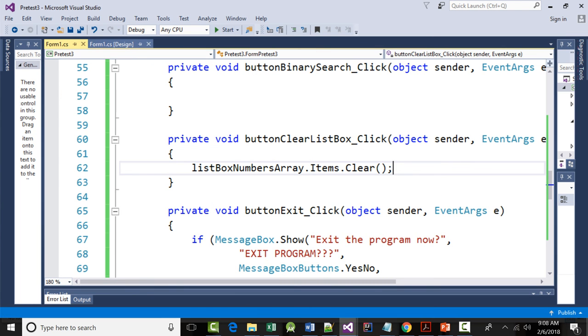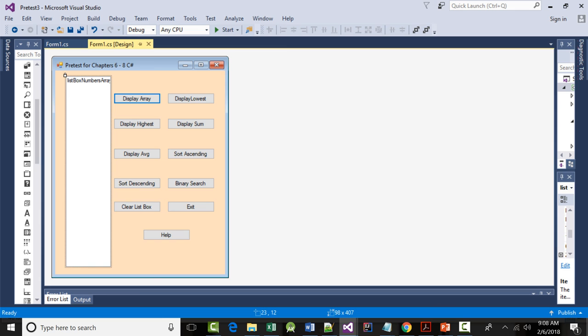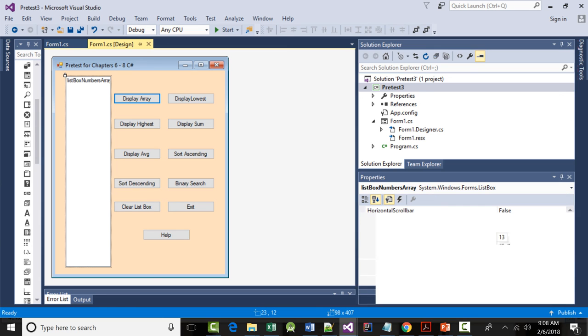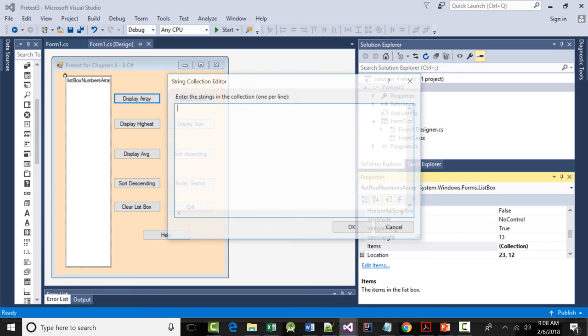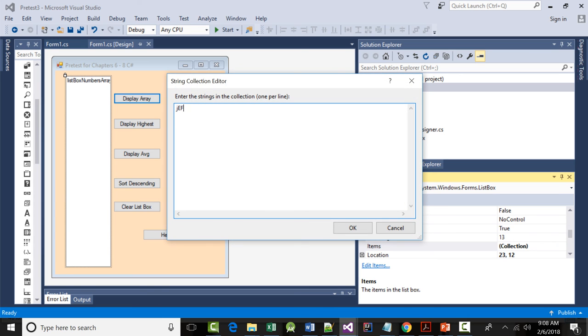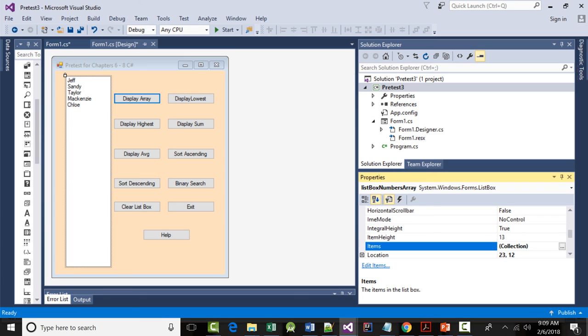So I'm going to go back here and click on the list box, and for items, that's the thing we're clearing, I'm literally just going to put a few things in there. And you notice once I do that and click OK, you can see what's in there. All right. So when I run this again,